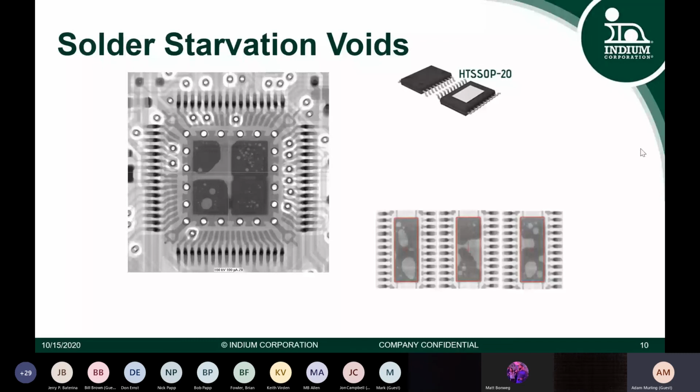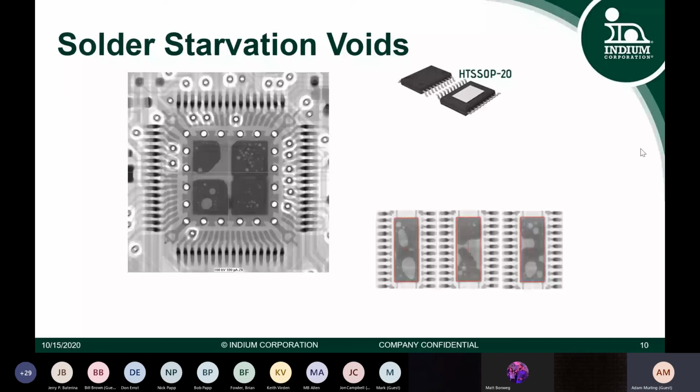I've had a lot of calls come in. Why am I seeing voiding on these components? I'm doing everything right. And then we do some of the math and just the volume's not there. So it's not that you're voiding, it's that there's just not enough solder paste or material there to bridge the gap. Or even sometimes some open vias that are plated, the paste will steal through those